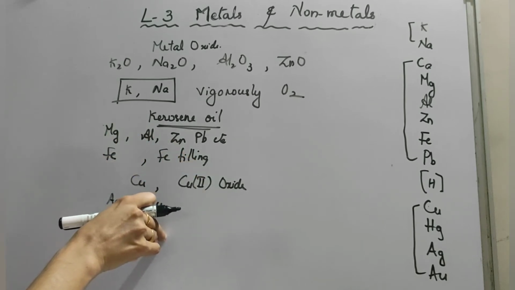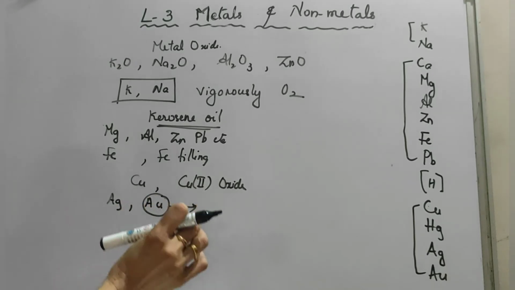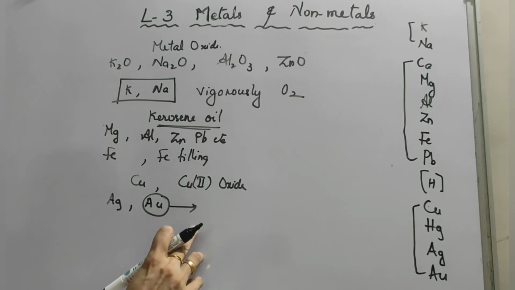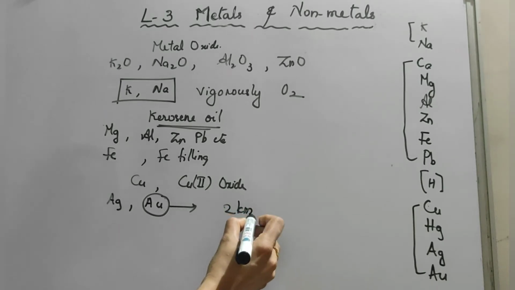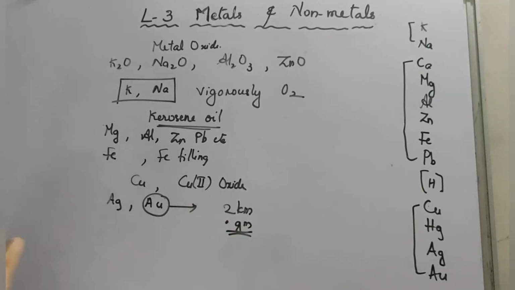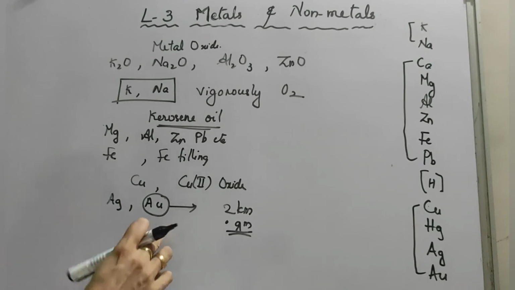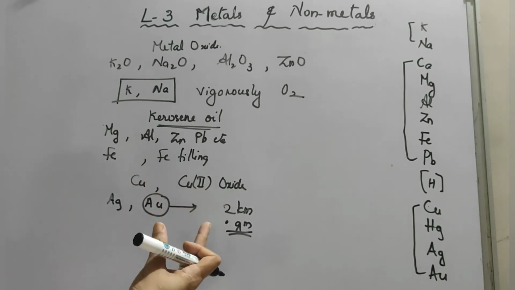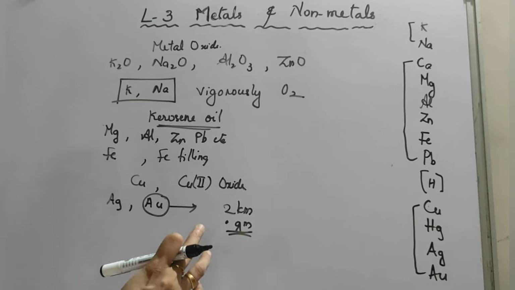We already studied that gold is the most ductile metal. You will be surprised to know that a wire of about 2 kilometer length can be drawn from 1 gram of gold. Why? Because of this ductility property. This is because of malleability and ductility. Metals can be given different shapes according to our needs. That's why they make such small, designer jewelries, because of the properties malleability and ductility.